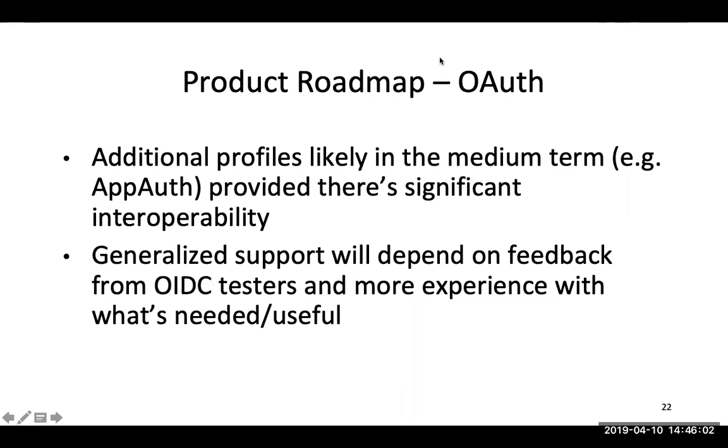I know at Ohio State, we're starting to do a fair amount of work with the Amazon Cognito gateway, which is something that's part of Amazon Web Services. So that may well motivate some of the things that we look at pulling back into the IDP, because we might have some significant feedback about exactly what's useful and not useful. So that's what I would say about the more general OAuth story.